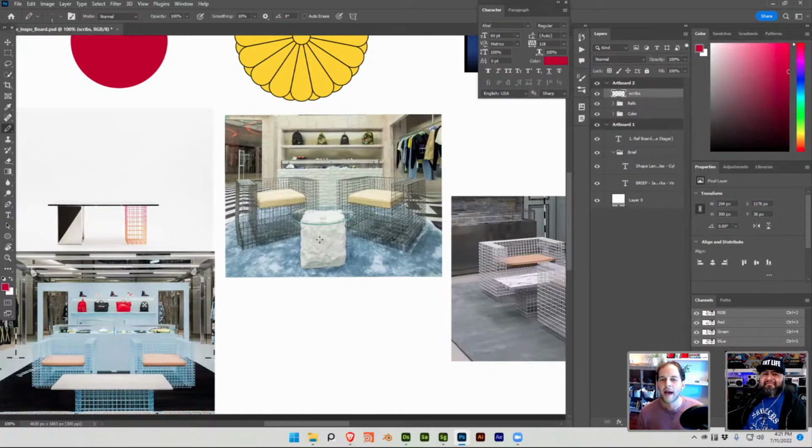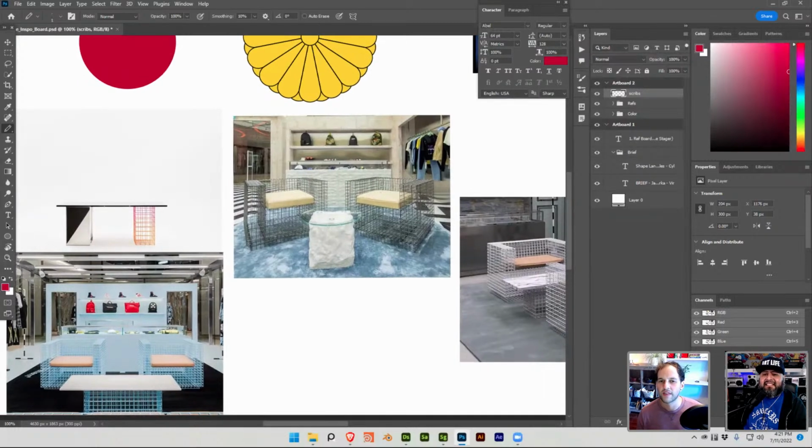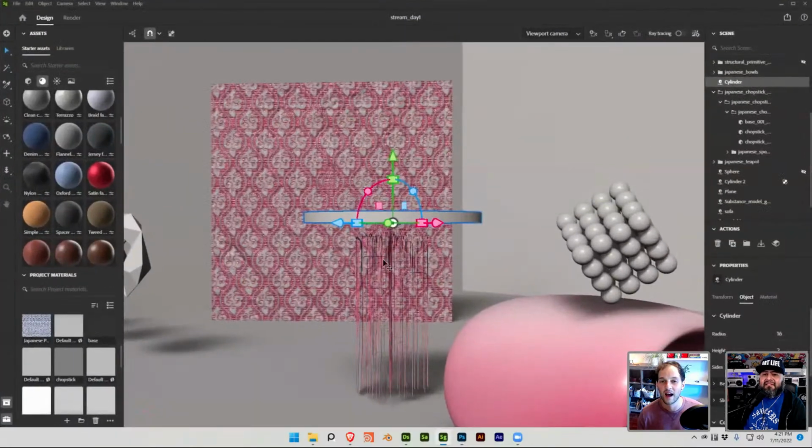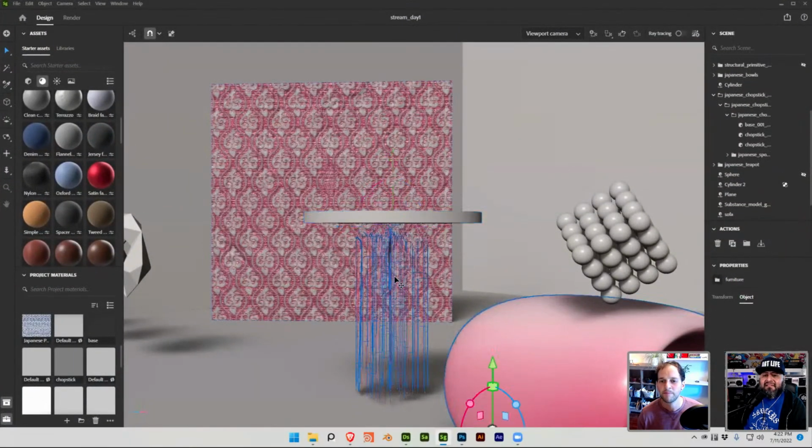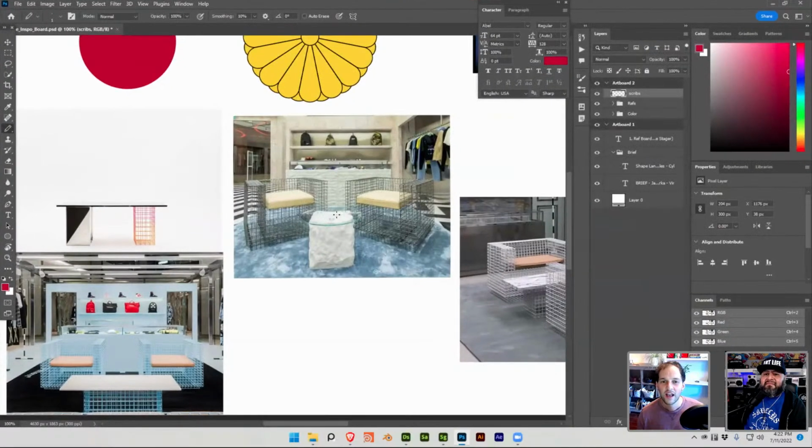So with that mentality, I think I'm going to do that with this table, right? Instead of the table being, I actually want the base to be a wireframe, but then instead of this being glass,